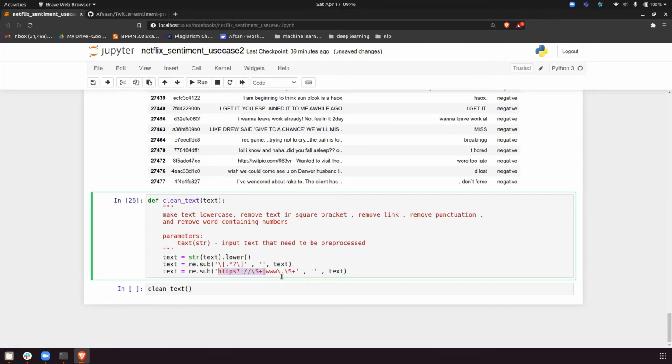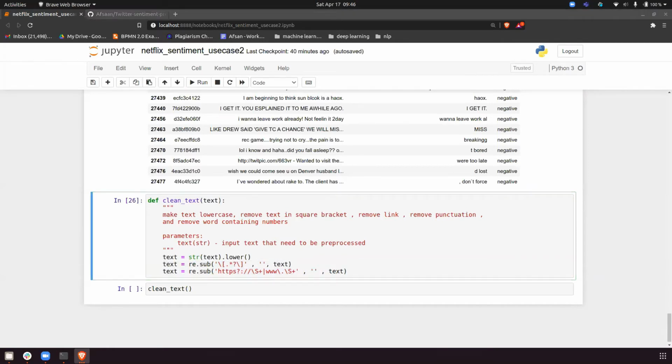So removing that. Then what is this? Basically a non-white space, one or more, with a dot. So it will be HTTPS dot something, or it can be www dot something. Either it can be this or it can be this. If you find anything like either this or this, just remove that with the empty string. That's the only thing I'm doing here. So these two things are clear to everyone, what I'm trying to do here.